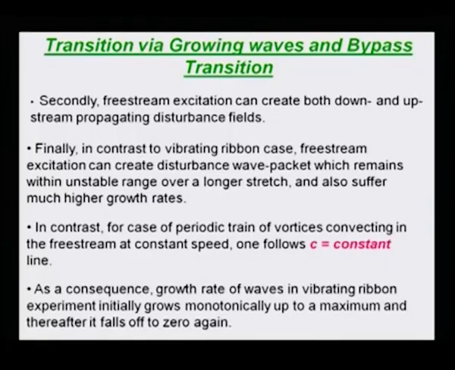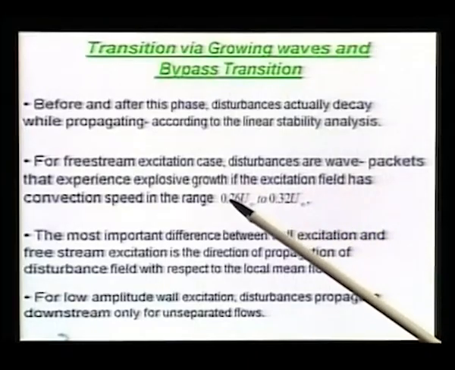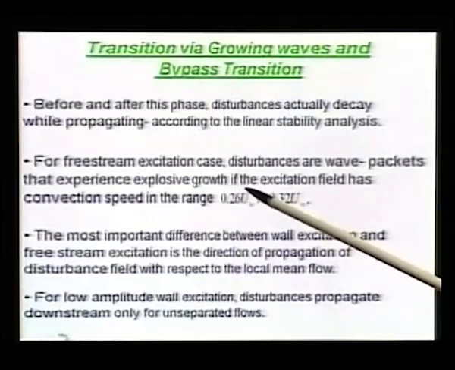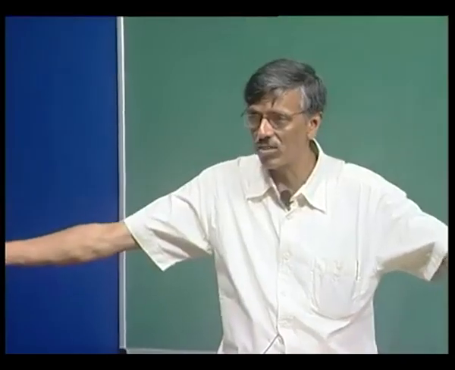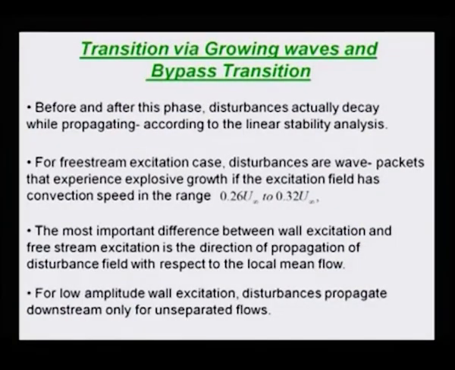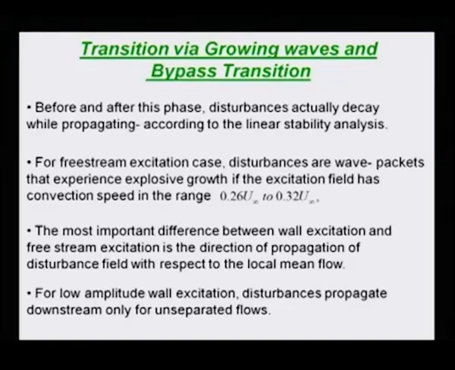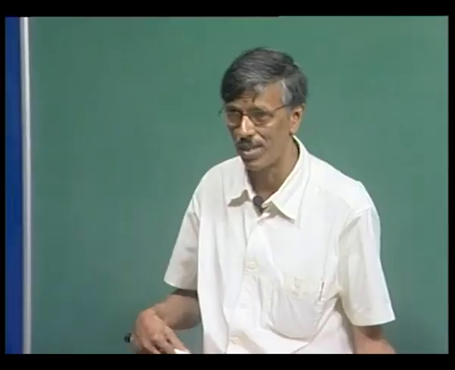Okay, so now what is new on this now? That's what we want to talk about. But what we noticed is that for the free stream excitation case, we have a band of convection speed which we actually identified. If the tunnel length is small, then this is the most lethal speed at which a vortex can go. We'll revisit that, what really happens, and we'll talk about specific mechanisms by which this kind of excitation can come about. But the most important difference that exists between wall and free stream excitation is the direction of propagation of the disturbance field that we have talked about.